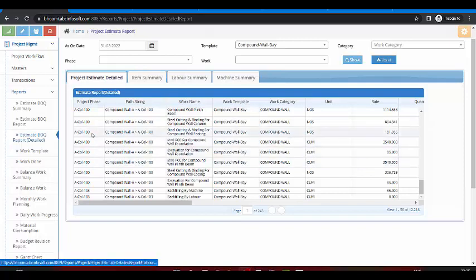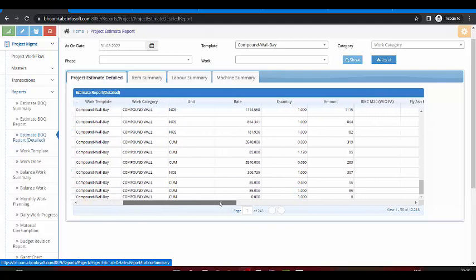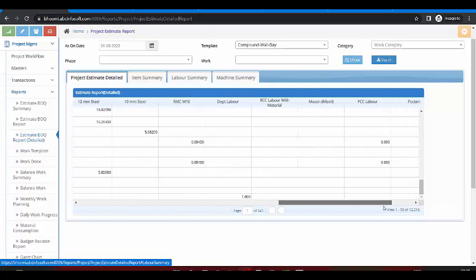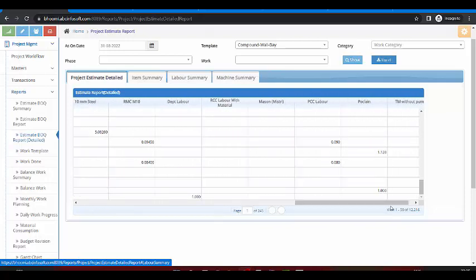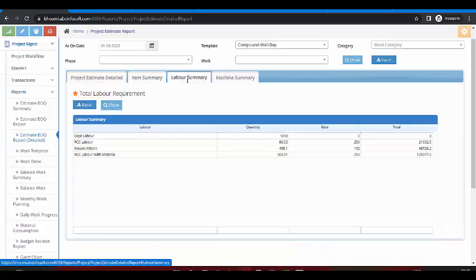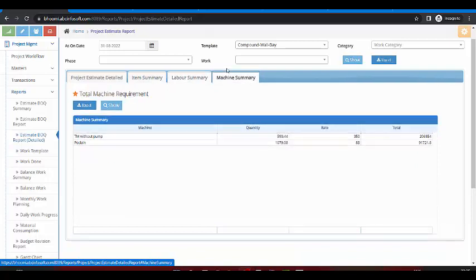It's showing me the project phase name, work template name, along with its unit, its rate, quantity, and its amount, and the item information that is required to do the work. It also shows the item summary, labor summary, and machinery summary for the entire selected template.